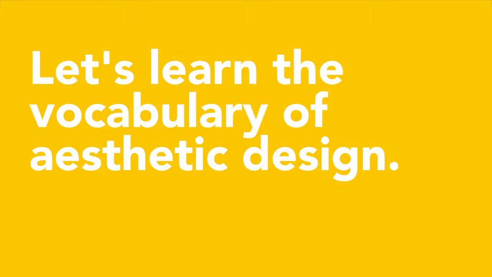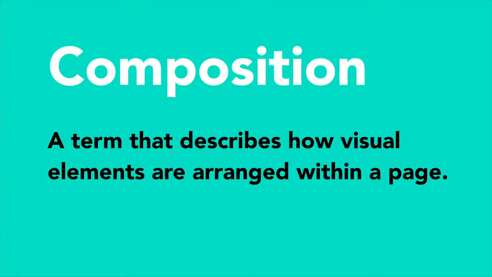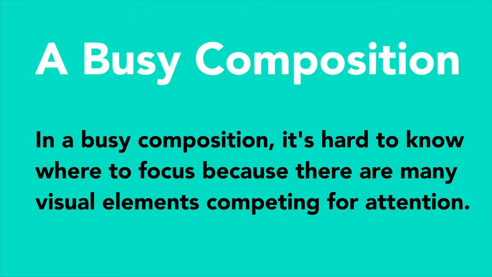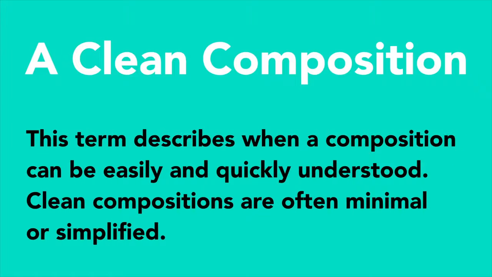Well, let's start by learning the vocabulary designers use to talk about what they do. Composition is the term we use to talk about how visual elements are arranged within the page. I might say a composition is busy, meaning elements of the page are haphazardly arranged and it's hard to know where to focus. Or I might say a website has a clean composition, meaning the aesthetics are simplified and easy